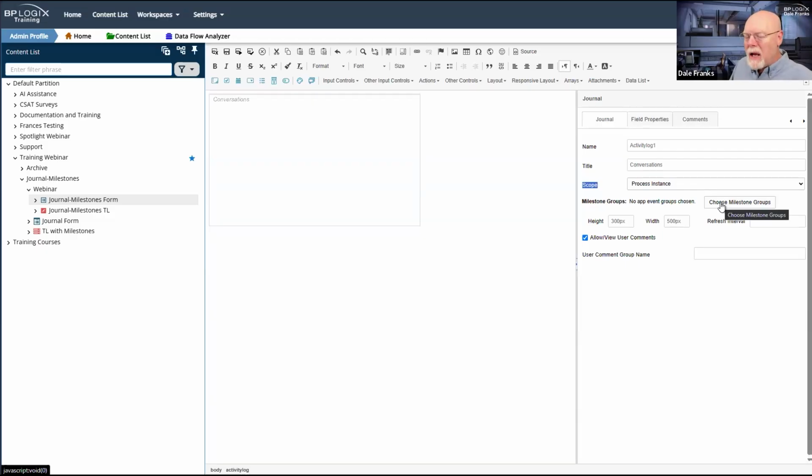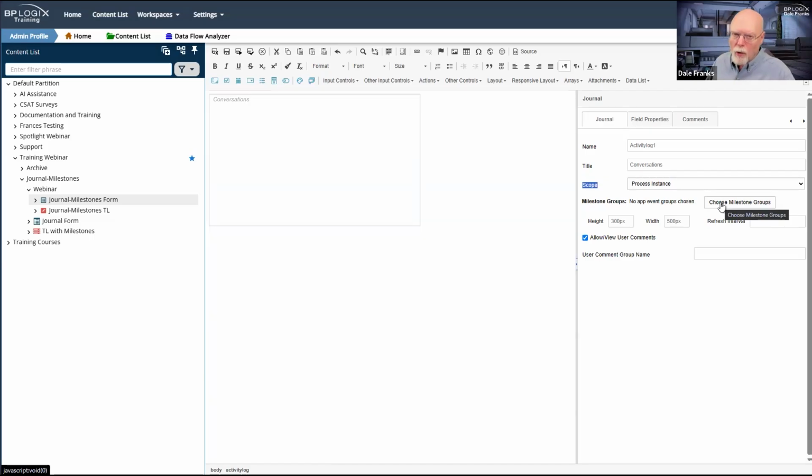I think in most cases, you're going to have a unique milestone group for each application. I think the number of times outside of case management applications where you want to see milestones from a different application are probably pretty small.